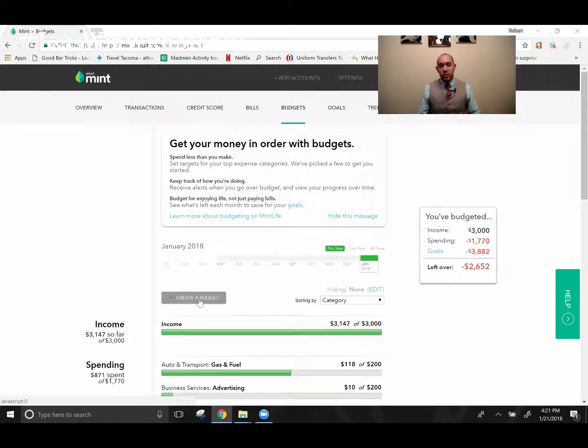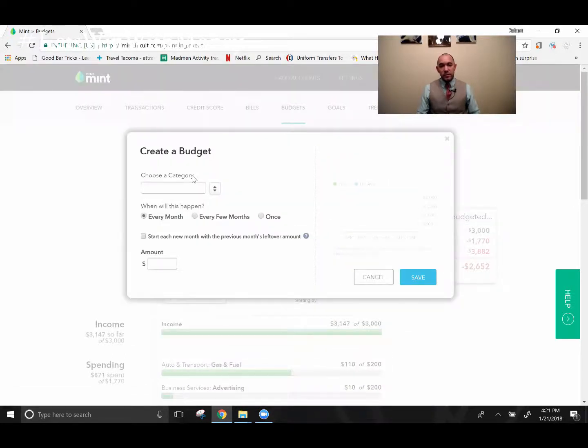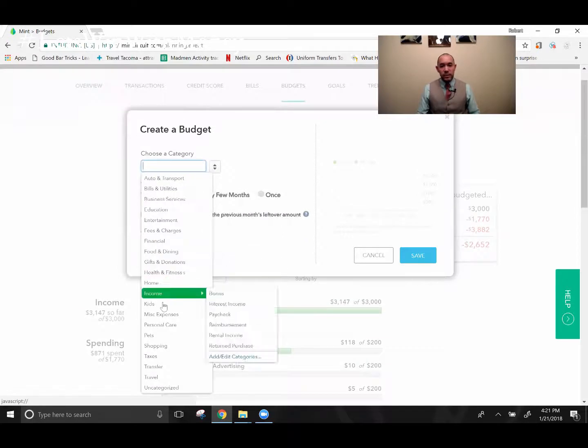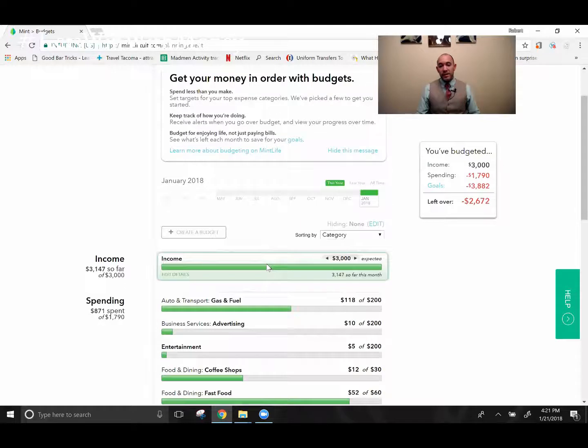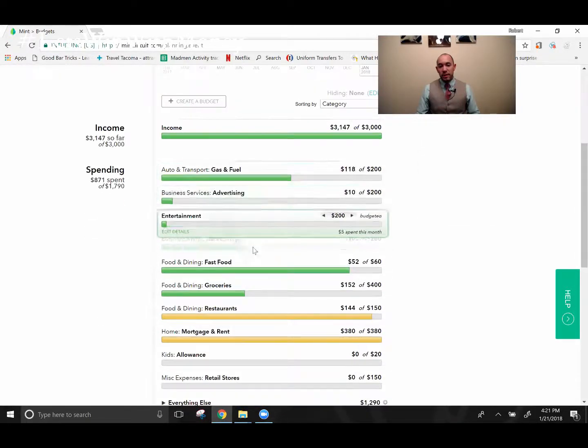So let's say I wanted to create a budget. It was my first time doing this. It's going to give me various different categories. So let's say I wanted to set up a budget for my daughter's allowance. I'd hover over to kids allowance, put that there. It says, when will this happen? I'm going to say every month, and I'm going to give her $20. Save that. What that's going to do is add to my budgeting line items, which you can